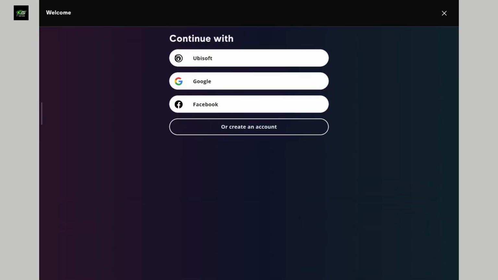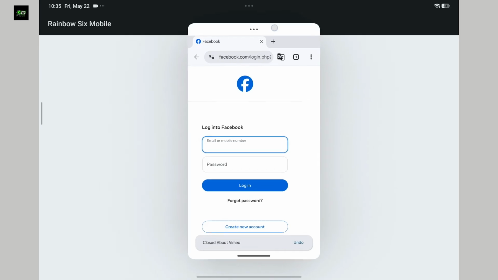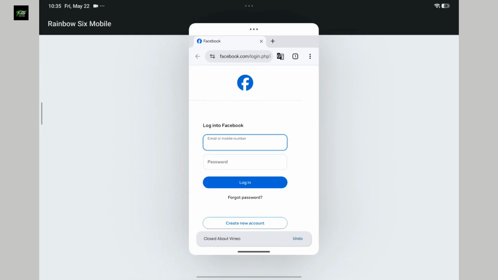Now, you'll have a couple of different options you can continue linking your account with. To link account with Facebook, click the Facebook option. Then you'll need to go ahead and enter your Facebook account's credentials. Type in your email or phone number and then your password for your Facebook account in the text boxes and